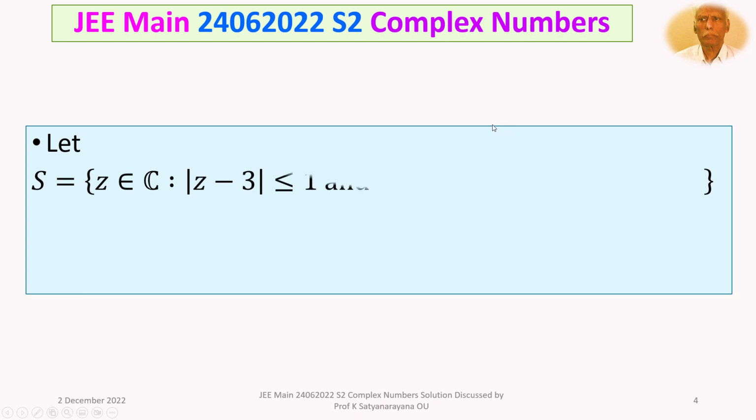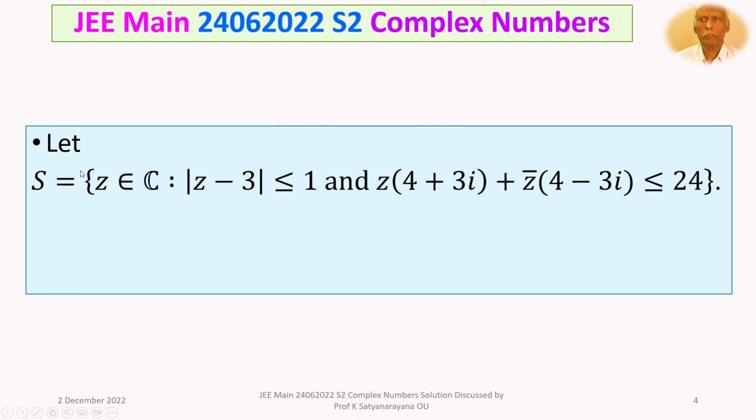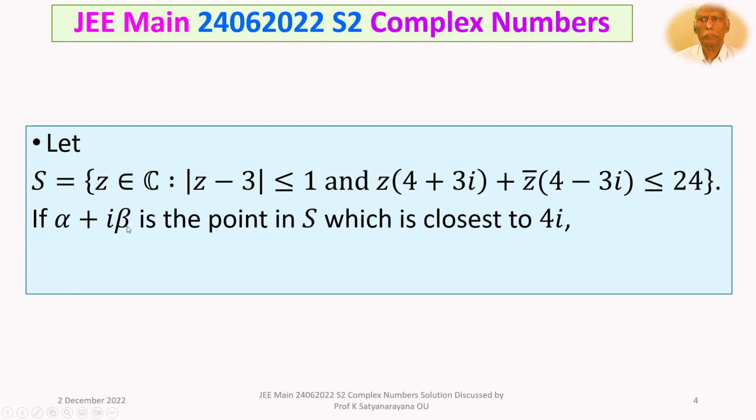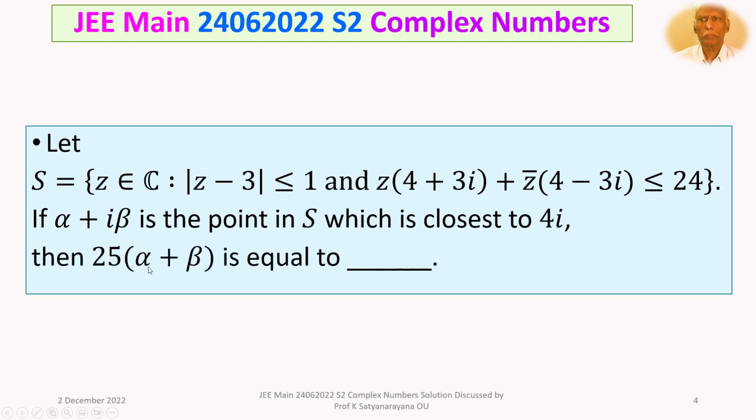The problem is: let S be the set consisting of Z belongs to the set of complex numbers such that modulus of Z minus 3 is less than or equal to 1, and Z multiplied by (4 plus 3i) plus Z bar multiplied by (4 minus 3i) is less than or equal to 24. If alpha plus i beta is the point in S which is closest to 4i, then 25 times alpha plus beta is equal to